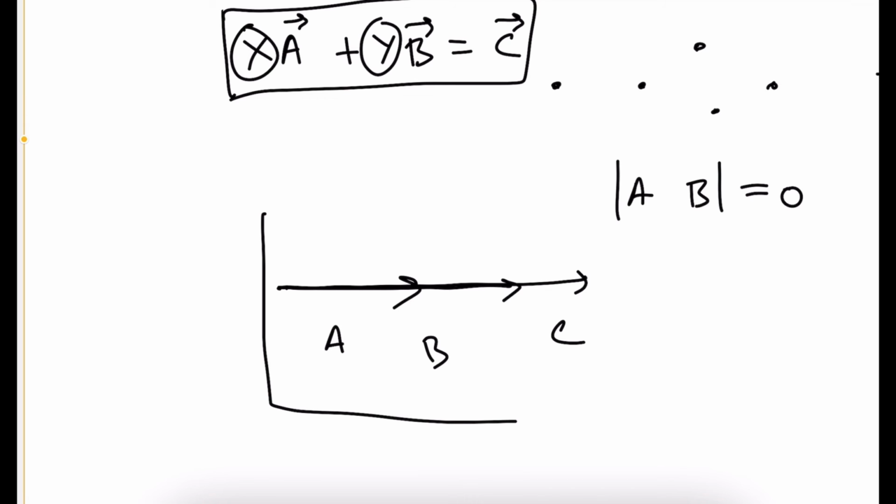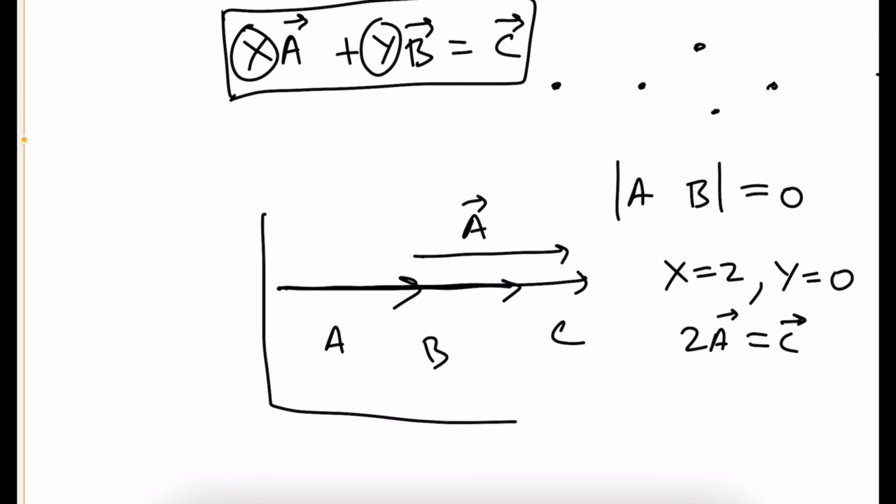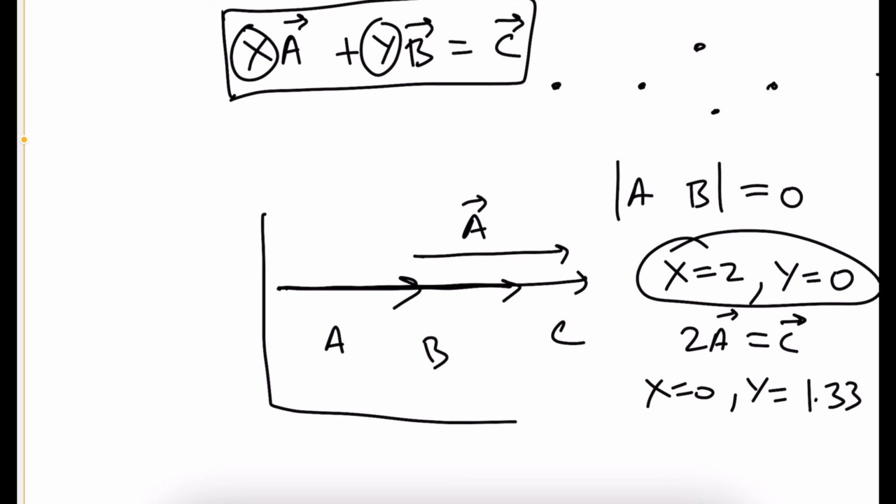But now you'll notice that there will be infinitely many ways of getting x and y. For example, x equal to 2 and y equal to 0, that is 2A. Can you see that that's approximately equal to C? Roughly, if this is also another A. This is one answer. The other answer can be that x is 0 and y can be something like 1.33, 1.25, something like that. We have another solution now, and so on. We can get many, many x's and y's, like half an x and then maybe 1.5 y.